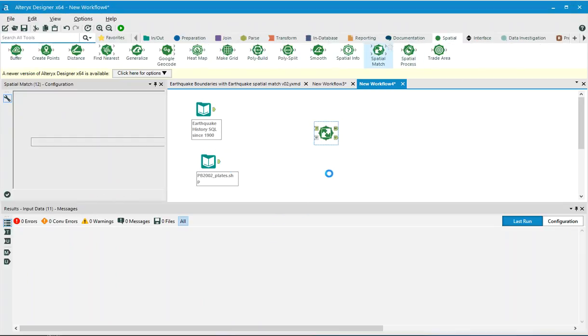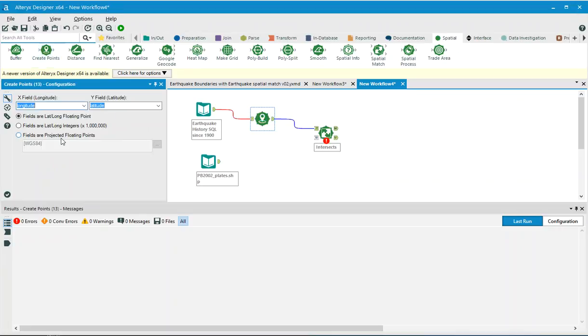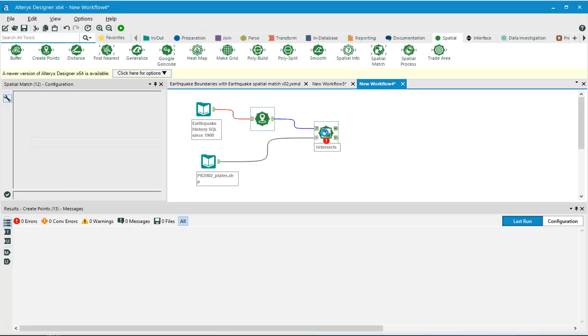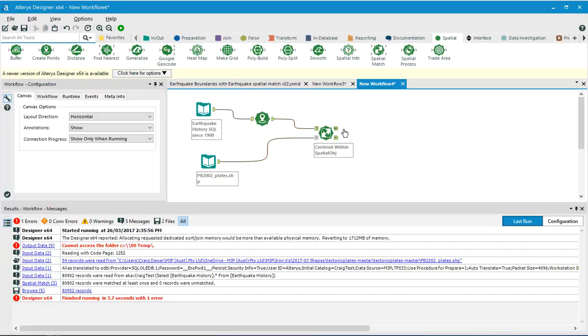First thing I have to do is just create a spatial object here for the latitude and longitude of the earthquakes. So we bring that data in here, and we're going to see not where they intersect but where they are within. So where the earthquake is within the file,